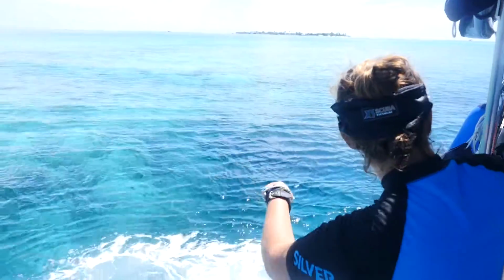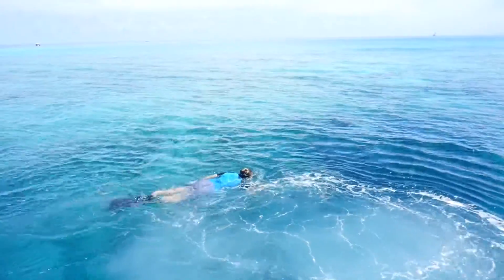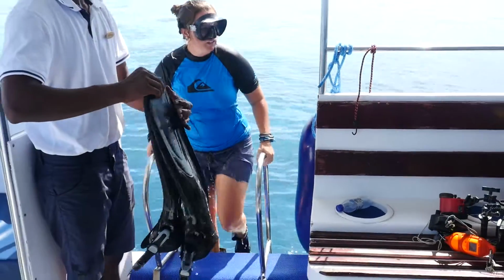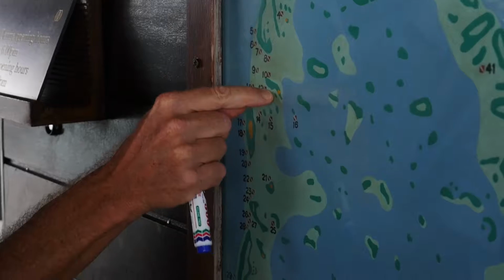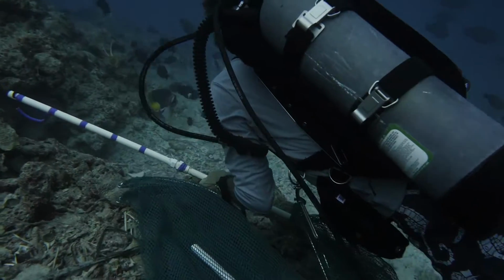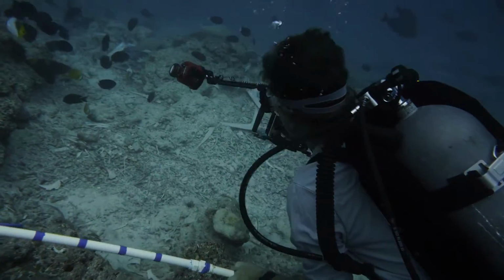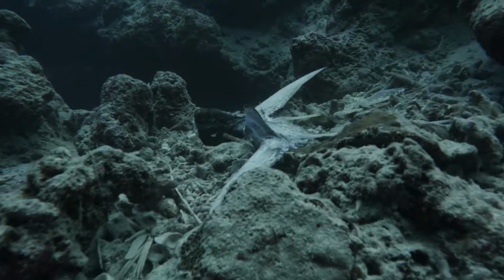We are trying to understand where these starfish came from and how they're spreading. Each of the populations that we've removed, they're discrete. It'll be one large patch reef that's really affected, and the reefs surrounding that have no crown of thorns. What we've seen in one area, we understand sort of the pattern of spread. The outbreak started in an area right near a channel, and this particular channel is a source of high nutrients. There's a tuna processing plant on an